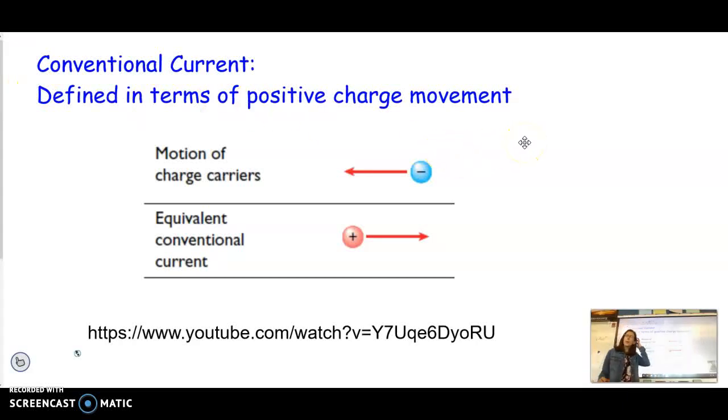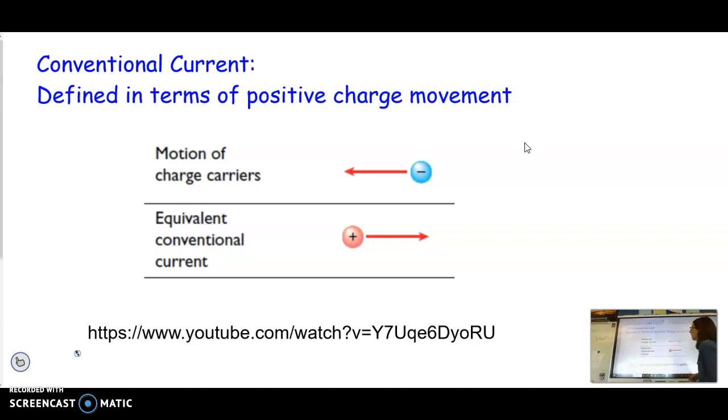Okay, now one thing we need to look at is what conventional current is. Going back in history, we didn't always know about positive charges and negative charges. I'll show you a video in just a moment to kind of explain this. But what ended up happening basically through the history of science is that we talk about conventional current as the direction that the electrons, not that the electrons are going, but that the protons would be going if they were